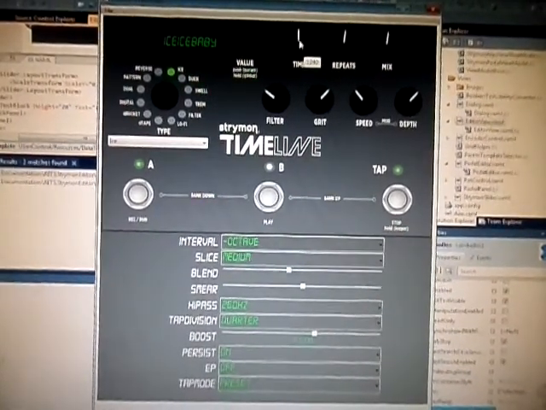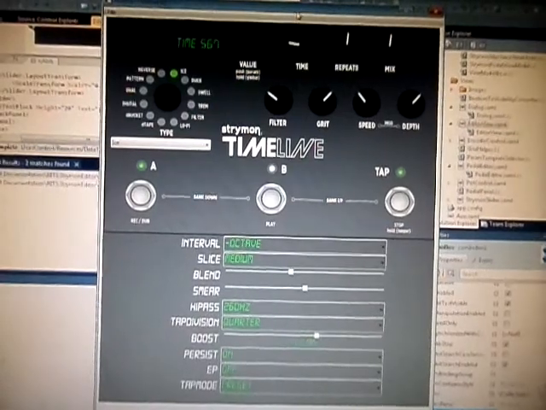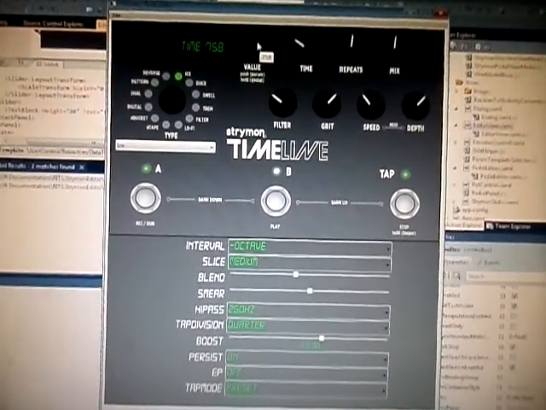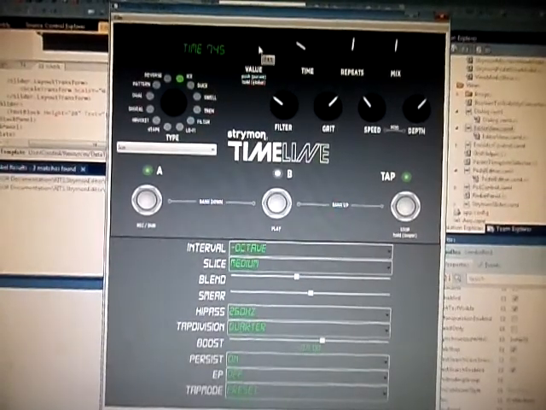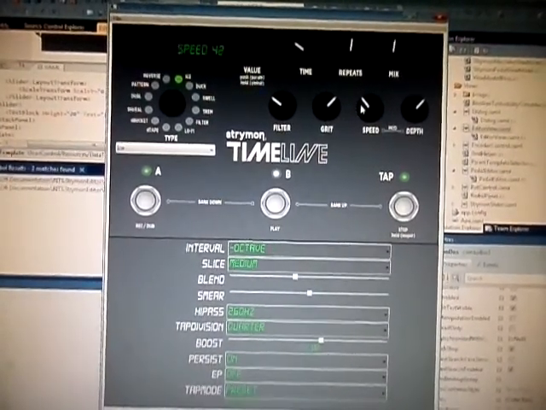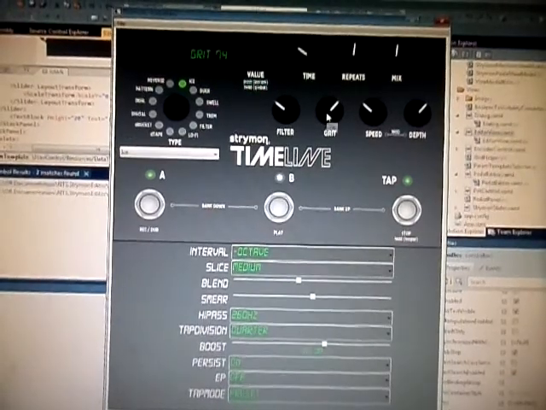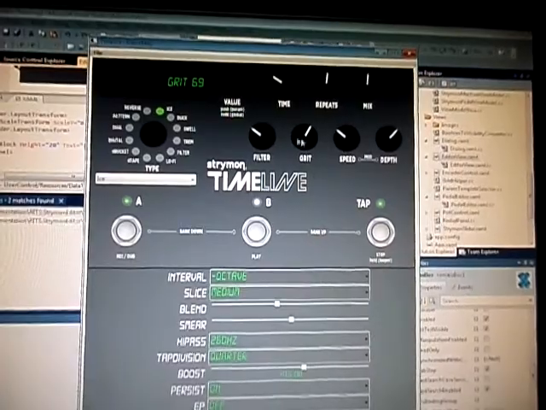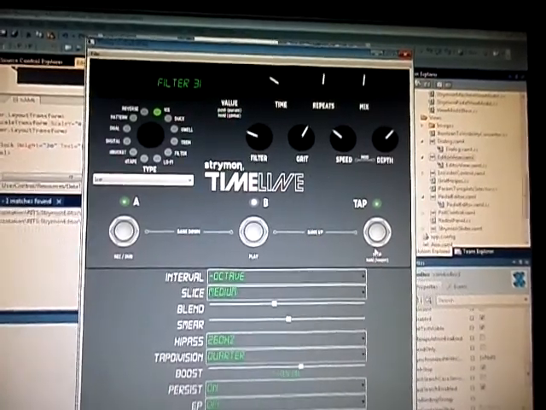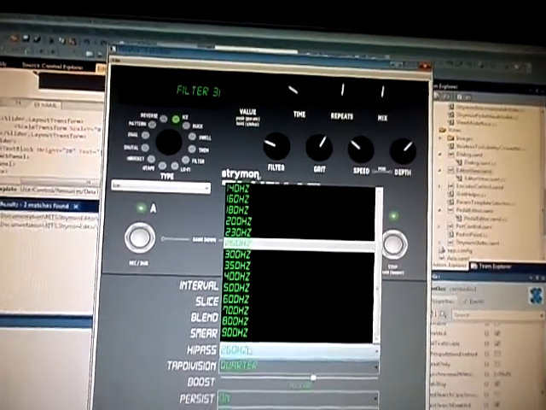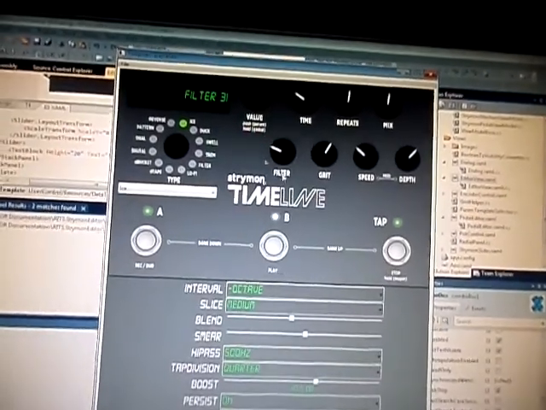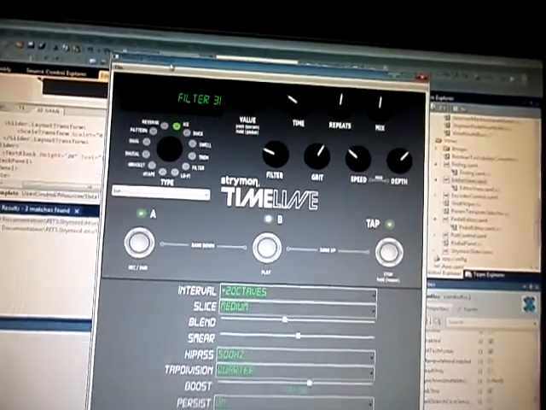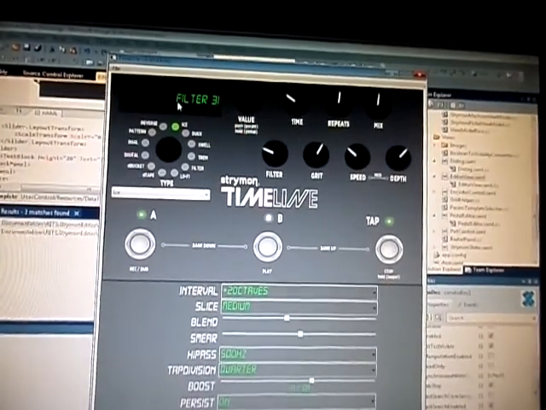The coarse grain parameter on time, and then the fine grain parameter, which is like the encoder does on the actual pedal. There we go, we make a few wee changes. I'm going to change my high pass to much lower end, and this should have actually been 2 octaves. Okay, and